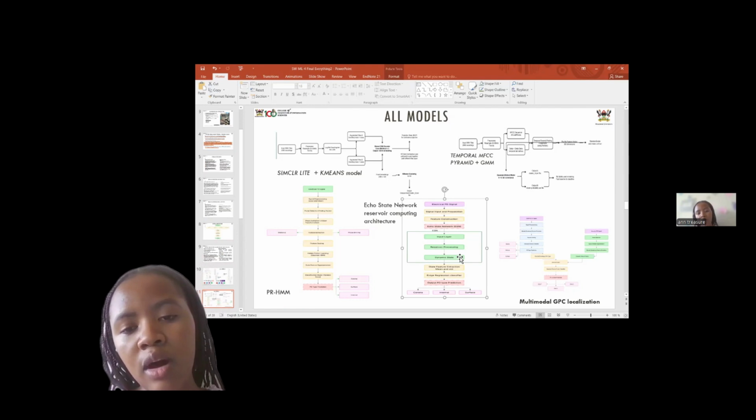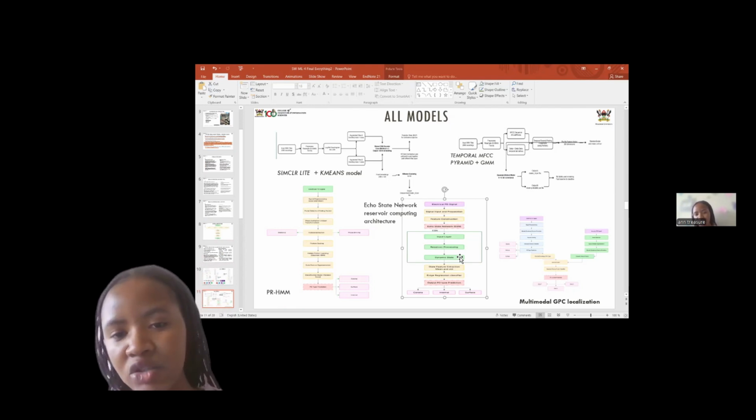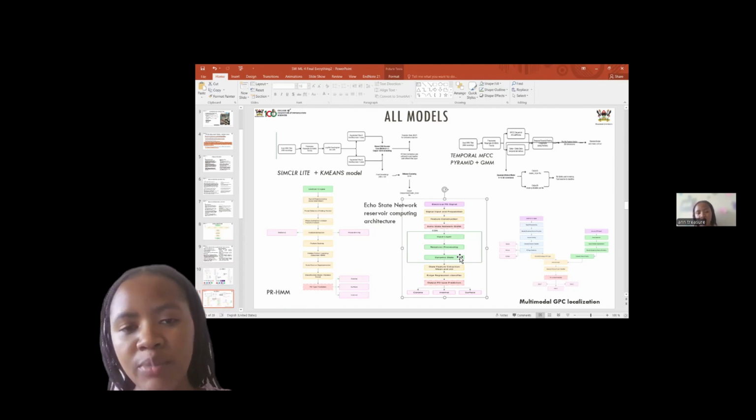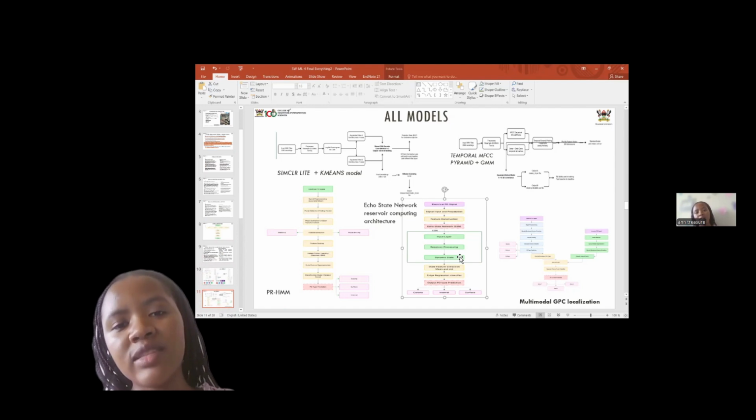So here for this model, it was the echo state network model. What it does mainly, it extracts the partial discharge signals, and then it stores this information in a reservoir. So it's used mainly to capture the temporal characteristics. You know how the waves travel through time. So it captures the past behavior of the waves. So after capturing this past behavior,